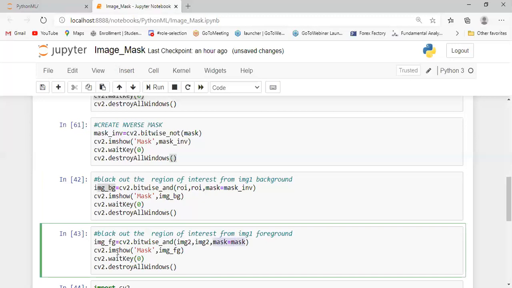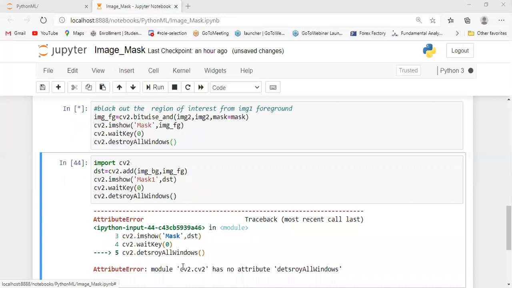Then cv2.imshow, I will pass the name mask, then image foreground, then cv2.waitKey passing 0, and cv2.destroyAllWindows. I will run this code, then we see only the foreground image and the background is removed.